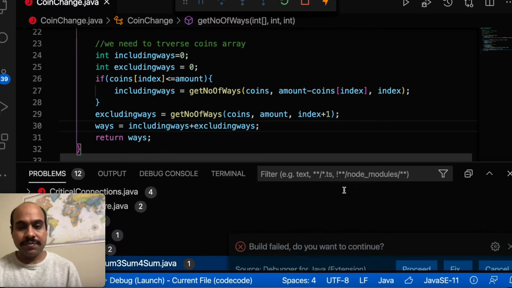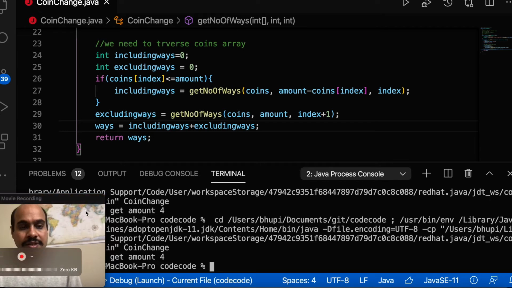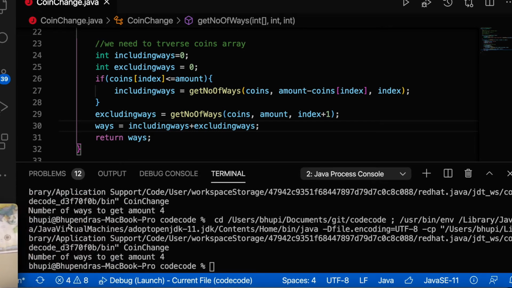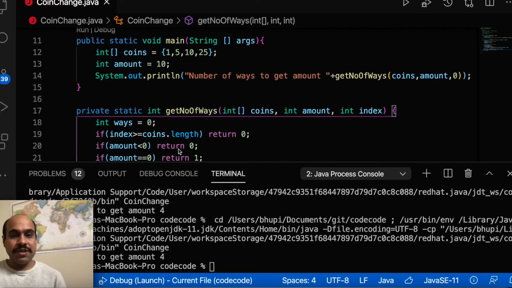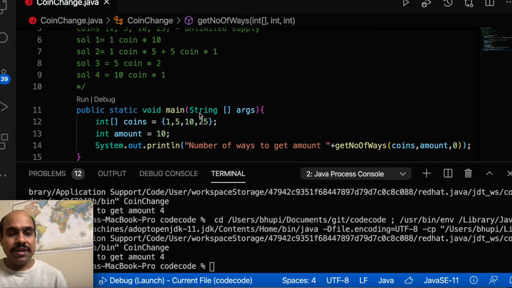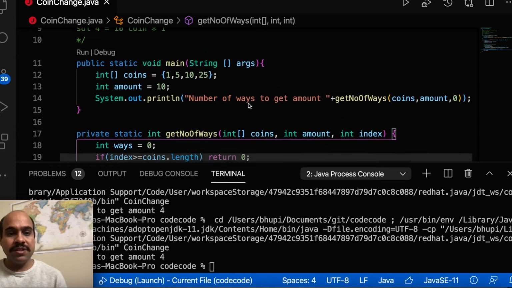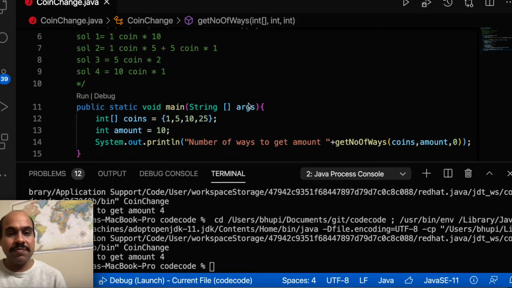Let me run it. Okay, so here I see the number of ways to get amount equals 4. So friends, this is the first solution I wrote once I got this problem. It's not mandatory to start with the basic recursive solution if you want to solve using dynamic programming, but because we are starting, we just need to know how I am going to find out it's a dynamic programming